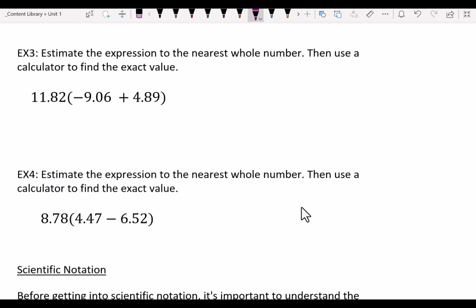In example 3, we want to first estimate, and then we're going to find the exact value. So we will take